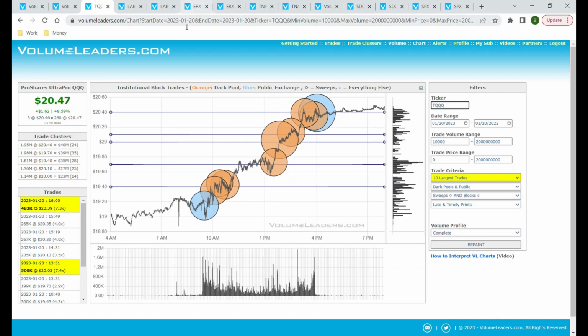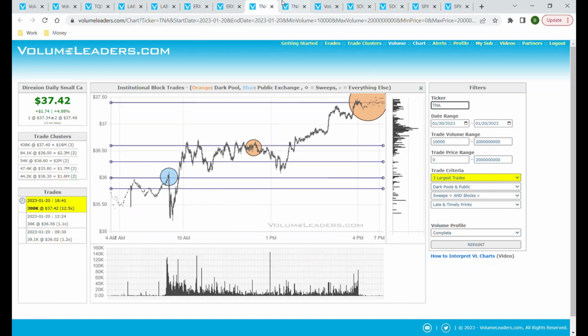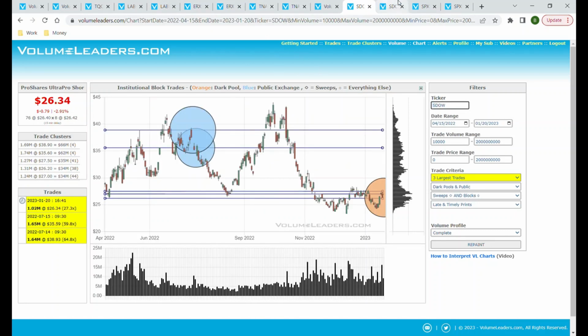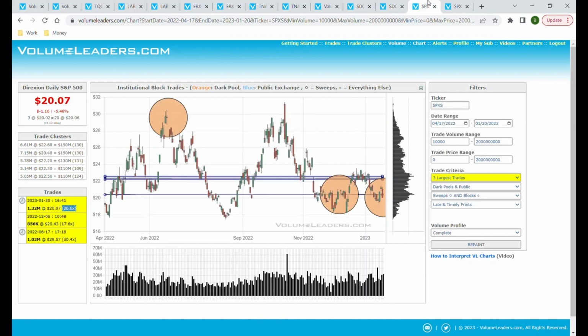But anyway, this is not my strongest piece of evidence. I'm looking at ERX, I'm looking at TNA, I'm looking at biotechs here. And then on the downside, I'm looking at SDOW and SPXS. So that's it. We'll see what happens next week. But if we get a reversal, and of course, no guarantees,